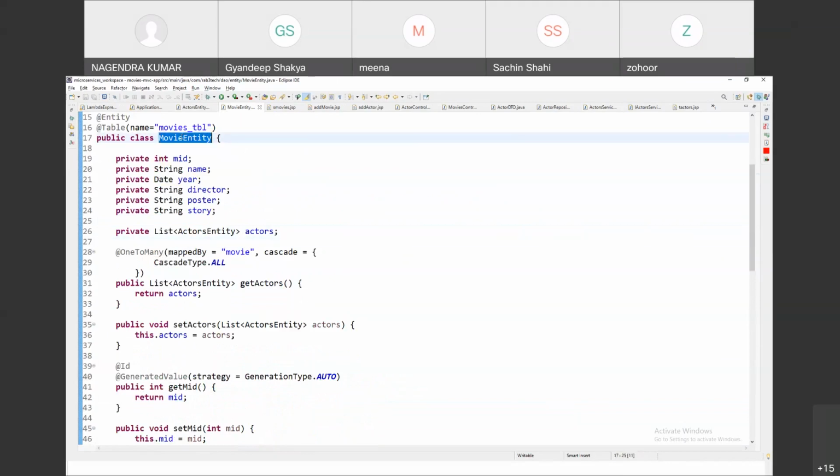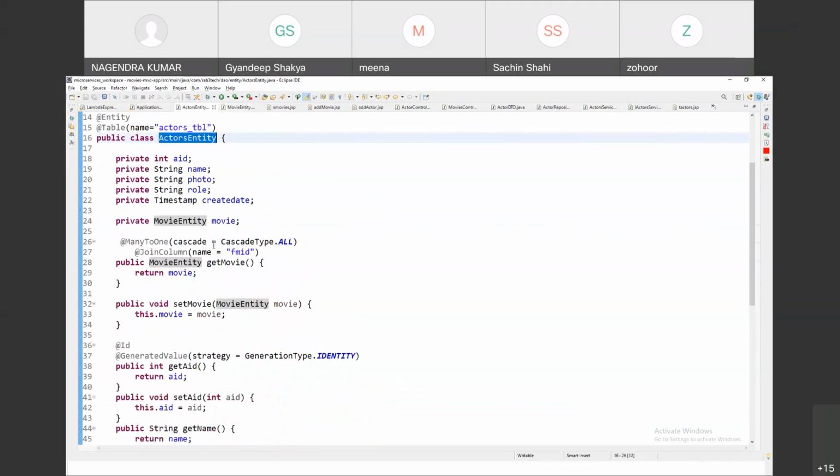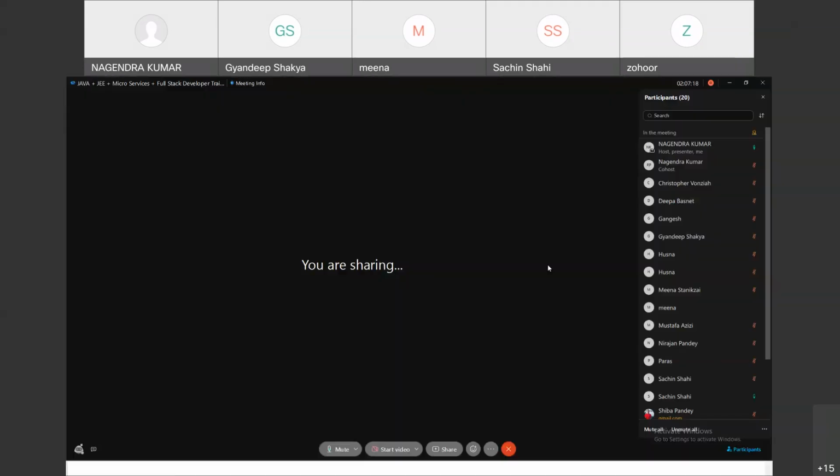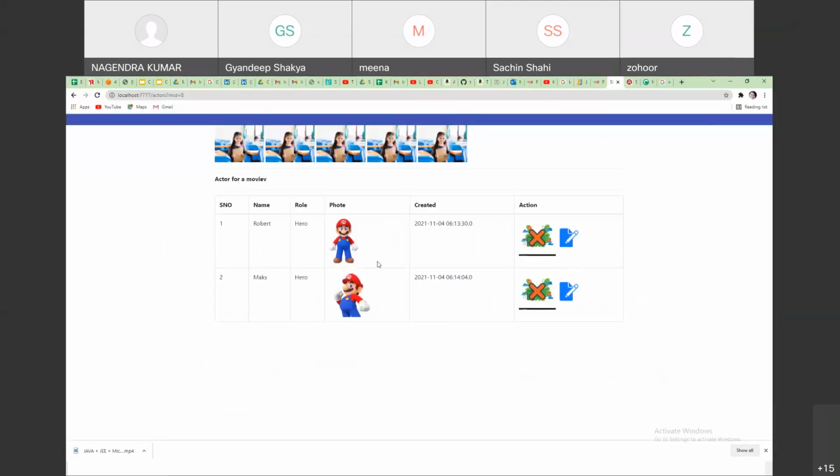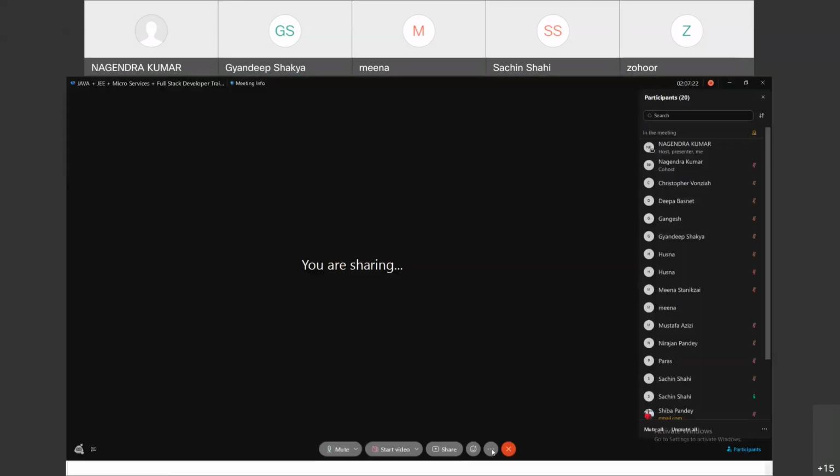From the movie entity, you can reach its actors, and from actors, you can reach back to the movie. Yes, on the back end side. From the GUI, there's no difference. GUI is different, back end is different, and front end is different. So, my dear friends, today I have done with one